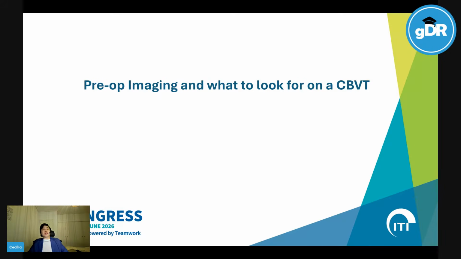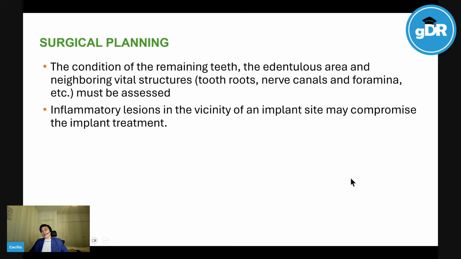3 things, basically. You're looking at the restorative planning, which I've mentioned in terms of your prosthetics, surgical planning, okay, and then your basically condition of your remaining teeth, vital structures, nerves, canals, foramina, you have to look at that, and then your